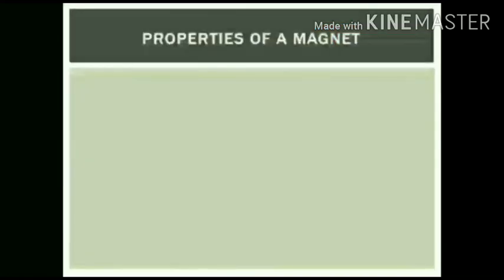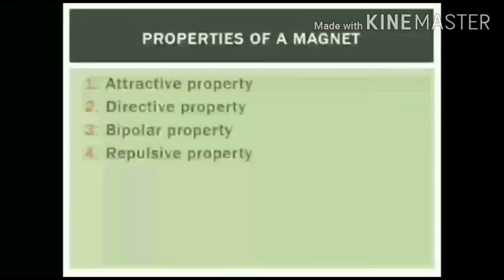So, in short, a magnet is said to be a magnet if it possesses these properties: attractive property, second directive property,